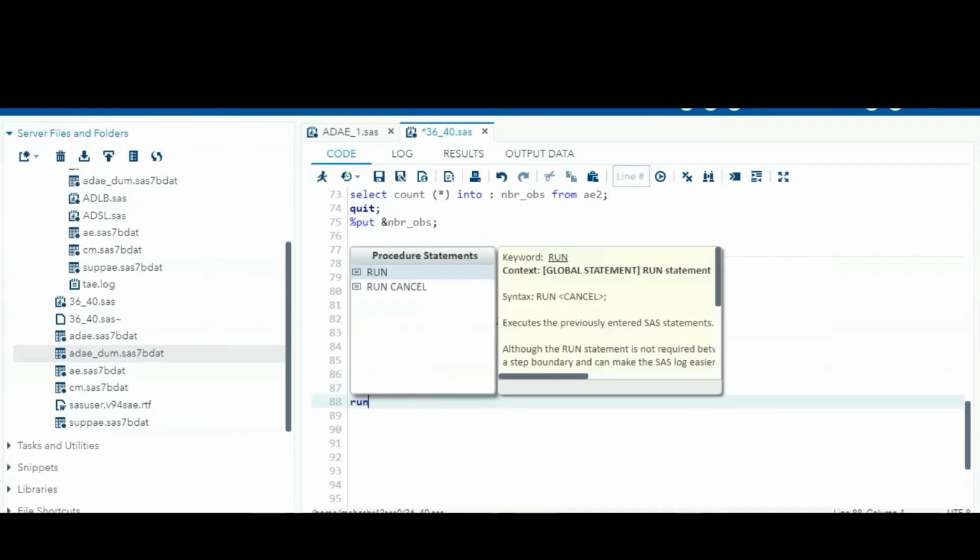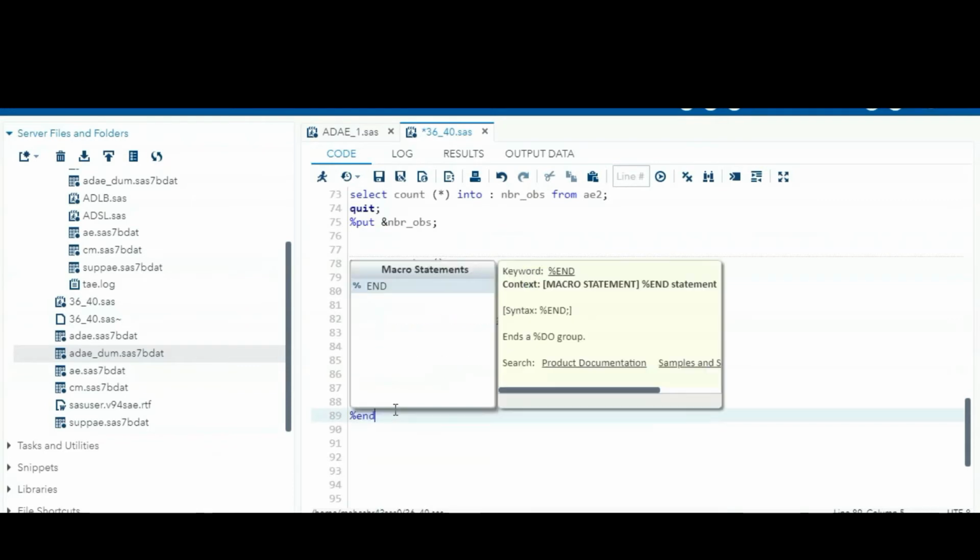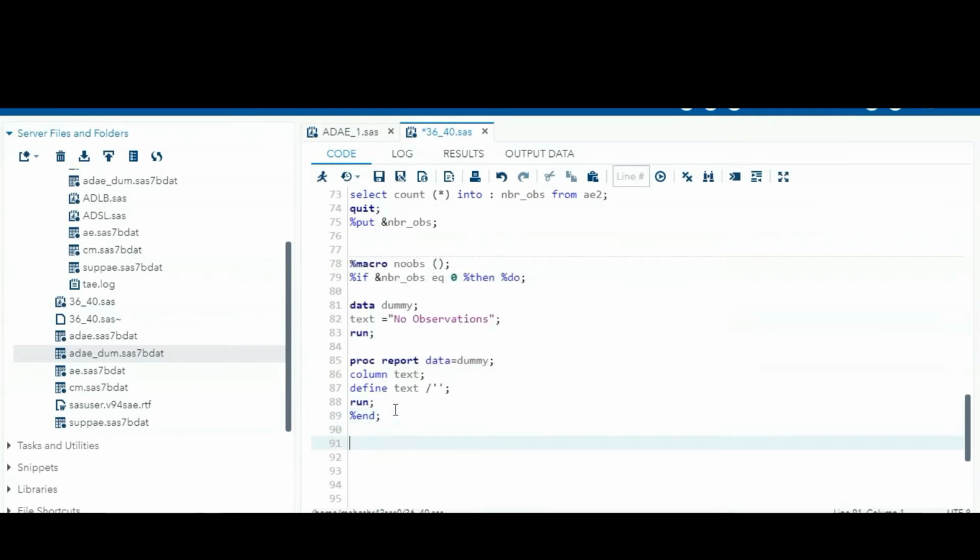So just run. Whenever the number of observations macro variable is equal to 0, this is executed. In case observations are present in your data set, that is, if it is greater than 0, then you can write your actual proc report.